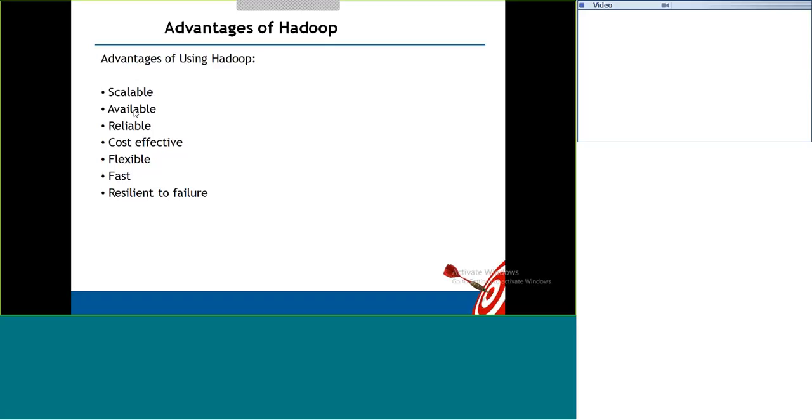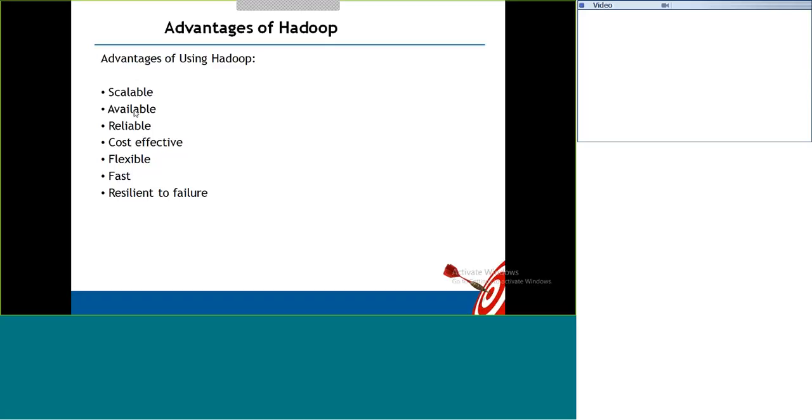Whatever data your production systems are generating, you have to keep backup copies, right? If something happens to the server, you have to restore the data, right? A standby machine needs to be there. So usually you have 2 copies there. But here in Hadoop, by default, they keep 3 copies. If 2 copies are gone, you still have the 3rd copy, which is the default. But you may not be able to afford keeping 3 copies for all the files. You have a facility to keep only 2 copies for some files.